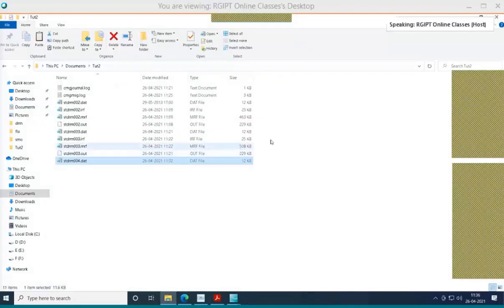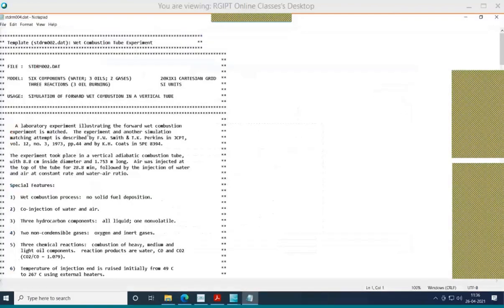Okay, fine. And also, I am not saying that it is applicable only for the grid. If you want to change the dimensions, that can also be provided over here. We can change the dimensions over here, and permeability, porosity also over here.